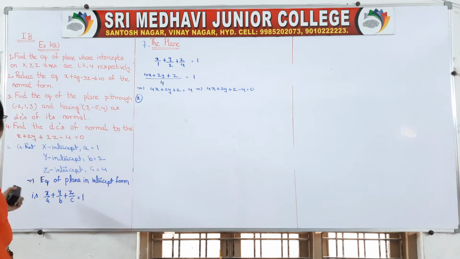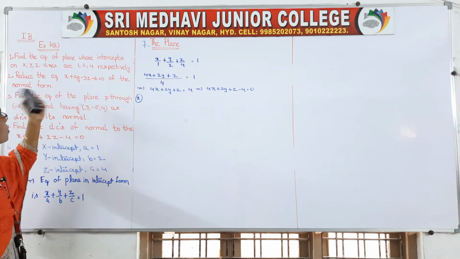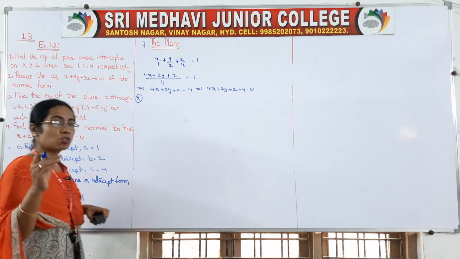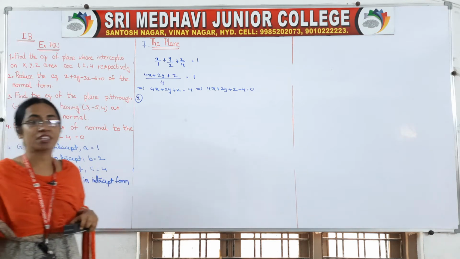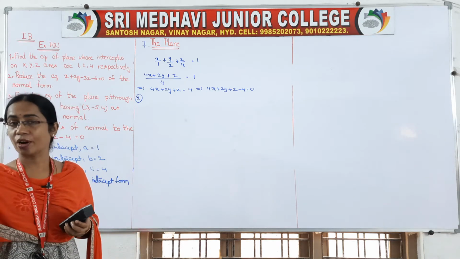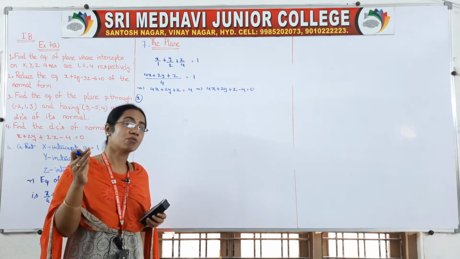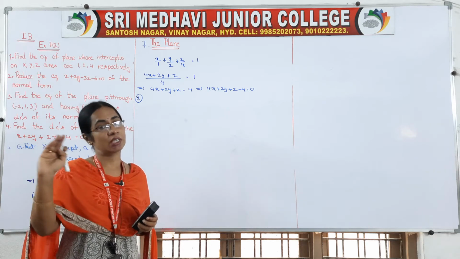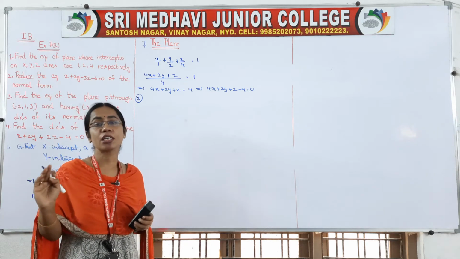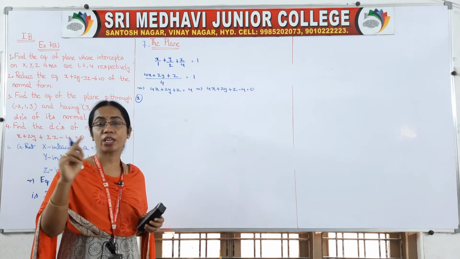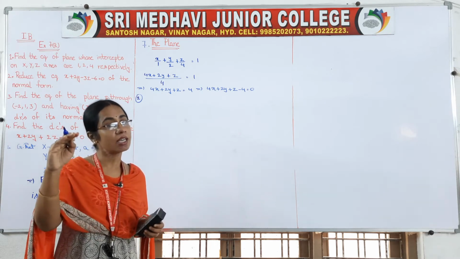Okay. Next, come to the second question. What is your second question? Reduce the equation of the plane into normal form. Same like our line equation, straight lines, there we reduced the equation into normal form. How did we do it? First a positive number should come on the right side, not 1, just a positive number. After that we divide both sides by the root of x coefficient whole square plus y coefficient whole square, that is in lines.